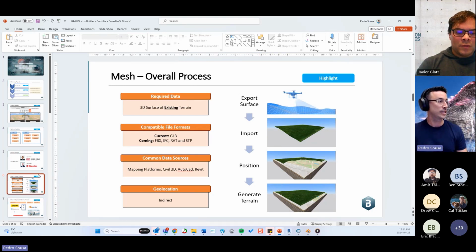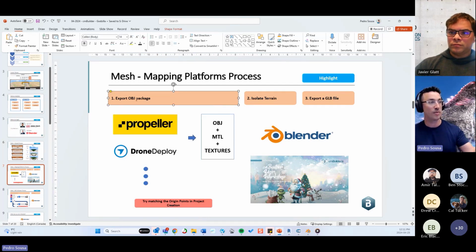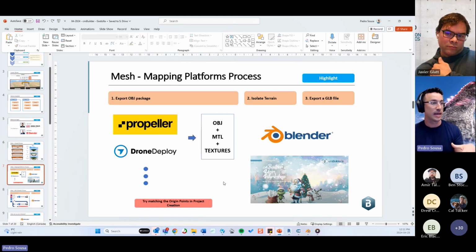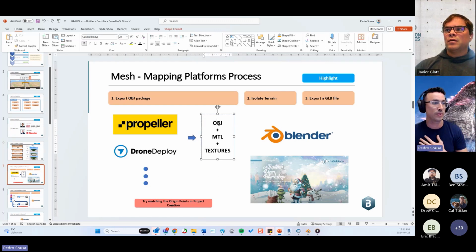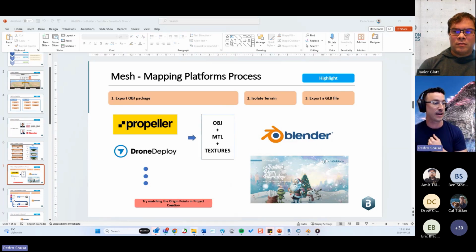Okay. So let's start with the process of using mapping platforms. Mapping platforms can be Propeller, DroneDeploy, or any others. The first idea over here is that we're going to export an OBJ package out of these platforms. An OBJ package is just a folder that would have an OBJ file, that is a 3D surface file, an MTL, that is the texture mapping file, and a bunch of texture files. So if I open over here,